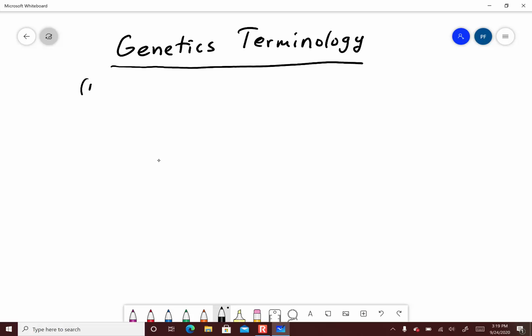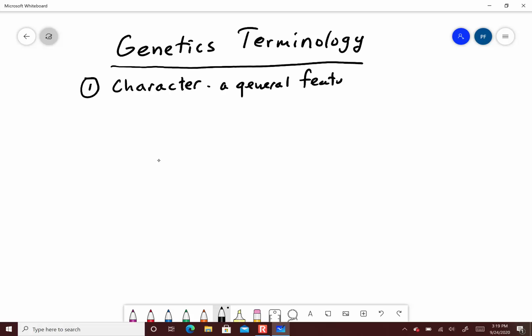Alright, so my terms are going to be in pairs. The first term we're going to look at is what's called a character. There are about 7 or so terms on this list. Some of them you did with the pre-lecture assignment, and 1 or 2 of these will be new. Right, so character is a general